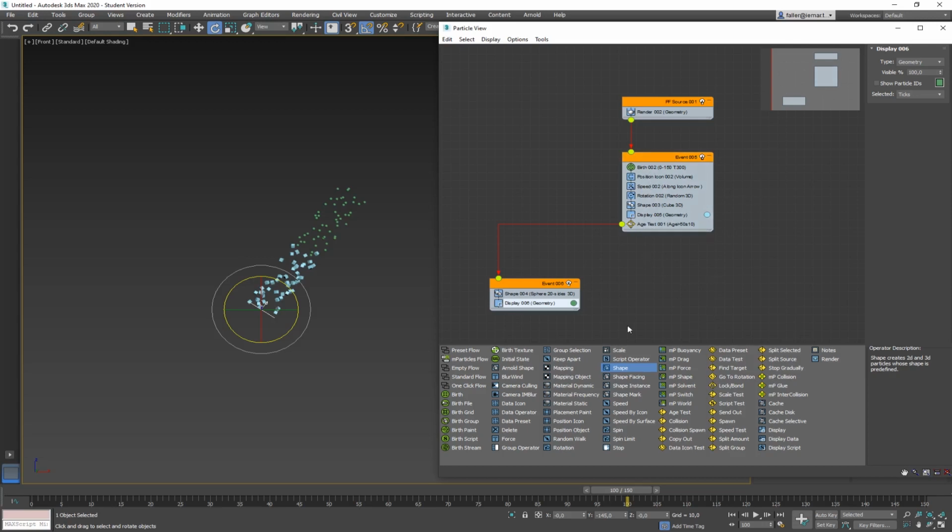Then you can add all kinds of things into the event. If you want to bring it into a new event, you can always test it somehow, either with a deflector or with a collision, or in this case, with a shape, with an age, for example, and so on.